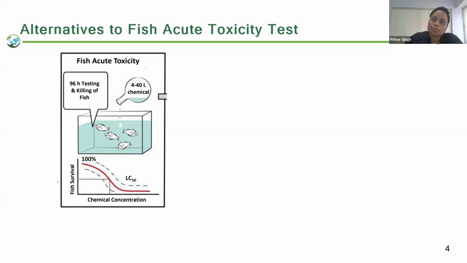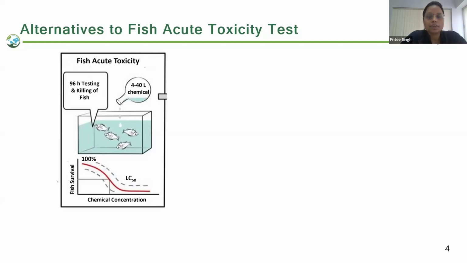So to determine the more accurate LC50 value, here we are performing the study in two phases. One is a preliminary range finding study, and the second one is the main study or definitive test. So for a single phase, that is a DRF, preliminary range finding study, also called dose range finding, a wide range of concentrations are selected, and based on this concentration, the main study is performed. So in a single phase, that is a DRF or main study, around 60 to 70 fish are utilized for a single phase. Then counting both phases, around 120 to 140 fish are utilized.